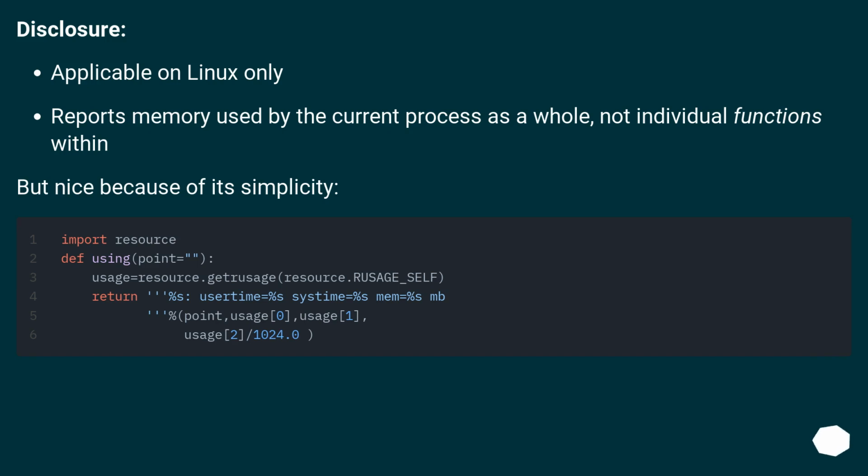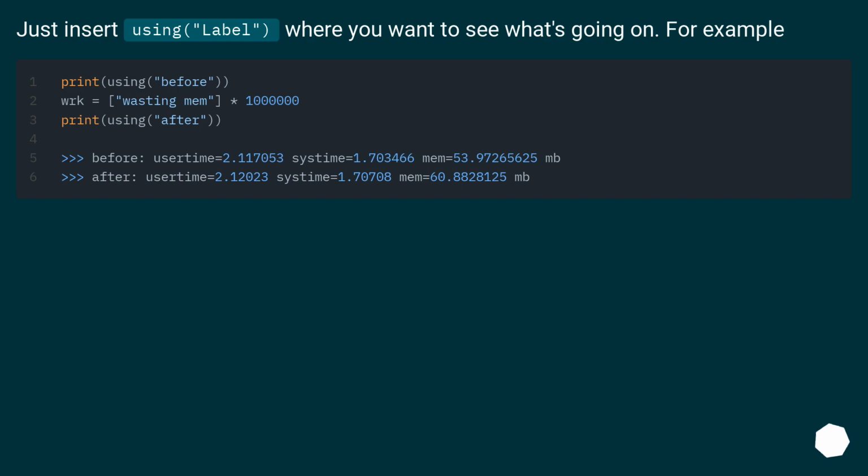Disclosure: applicable on Linux only, it reports memory used by the current process as a whole, not individual functions within. But nice because of its simplicity. Just insert the using label where you want to see what's going on. For example,